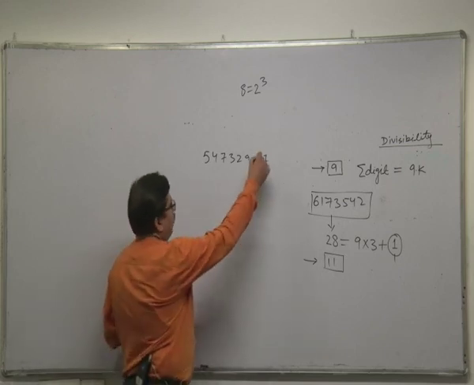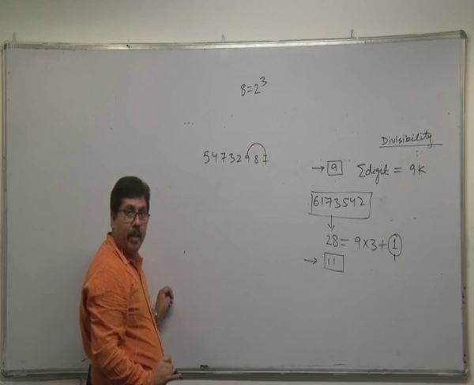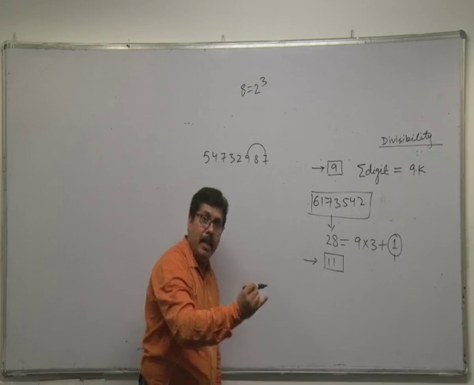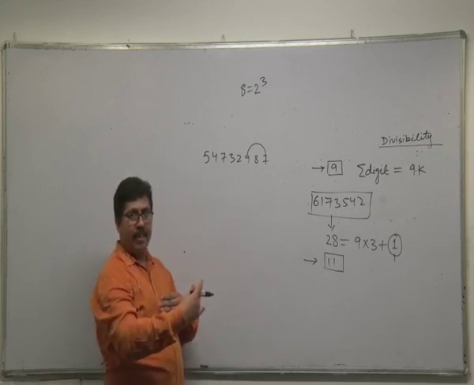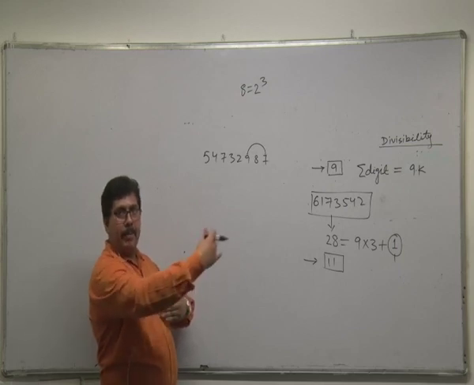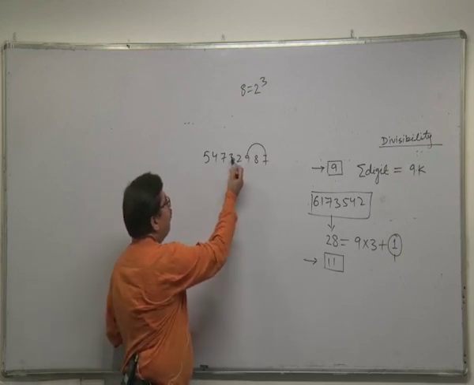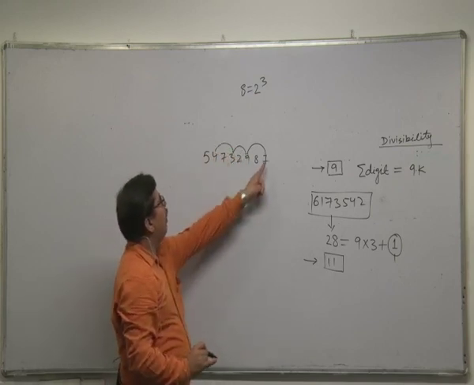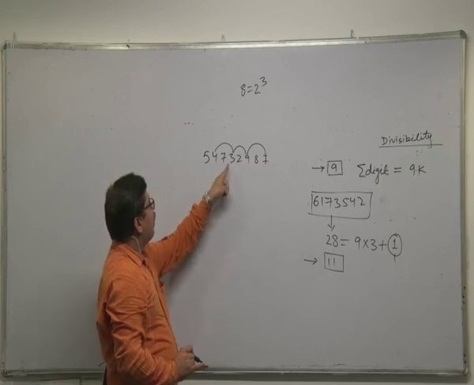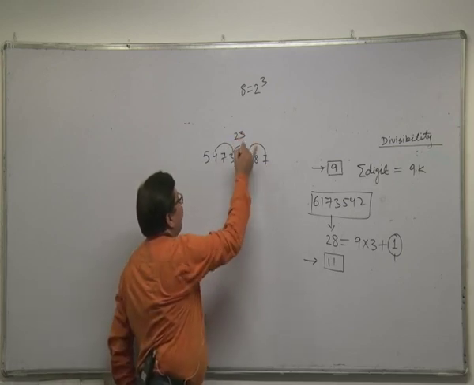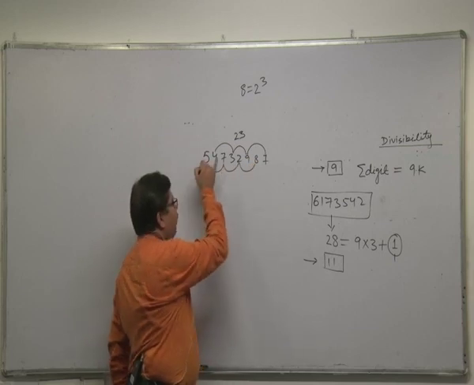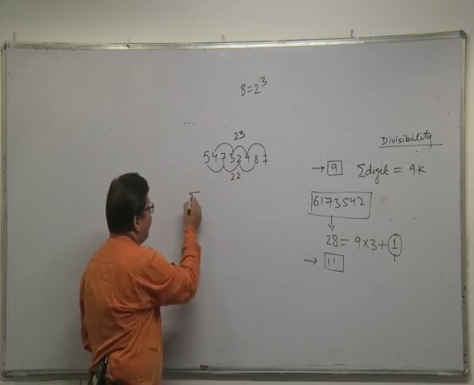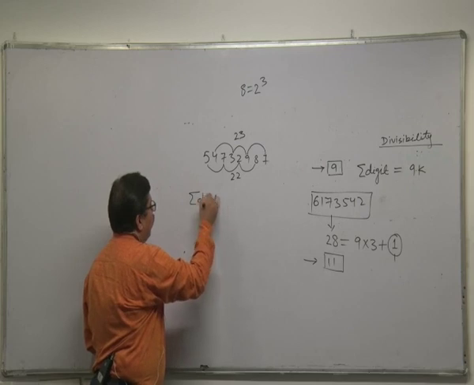So, let us take the example. 7 plus 9, 16. The difference between the sum of the digits at odd places and even places. Odd place from which side? From the right hand side, from the extreme right. First, third, fifth, seventh: 7, 9, 16, 19, 23. Again check it. 7, 9, 16, 19, 4, 23. 8 to 10, 10, 17, 5, 22. So 23 is the summation of the digits at odd positions.